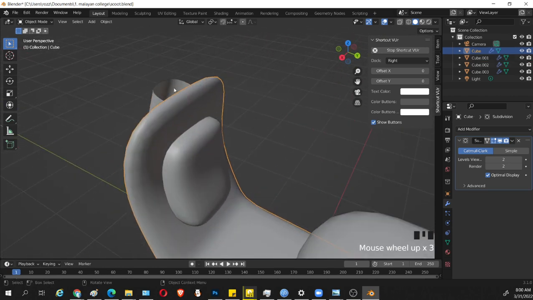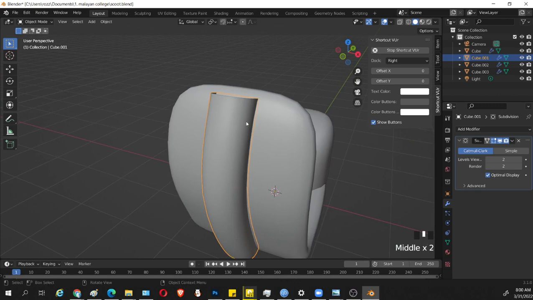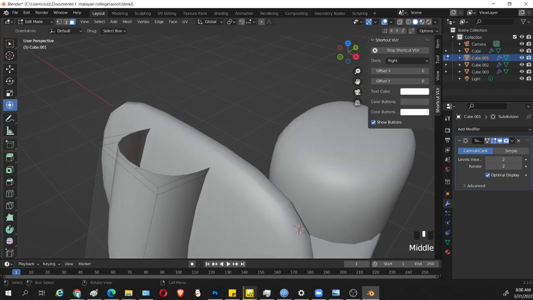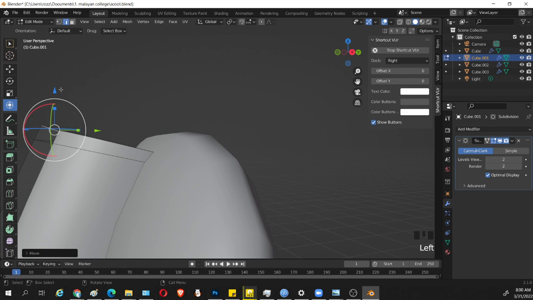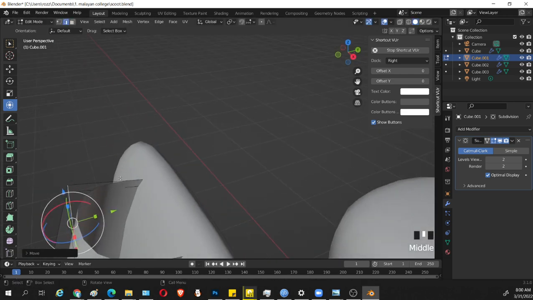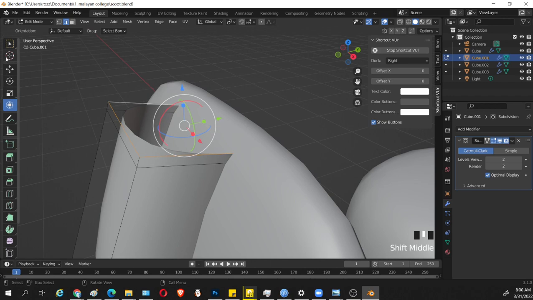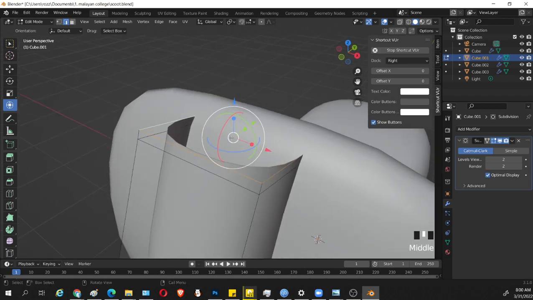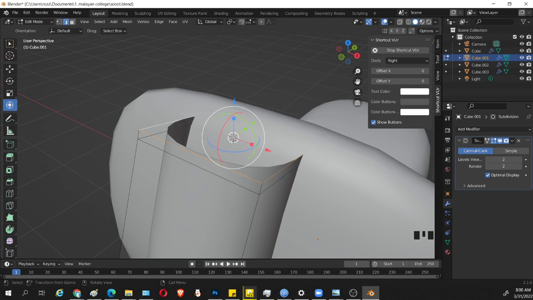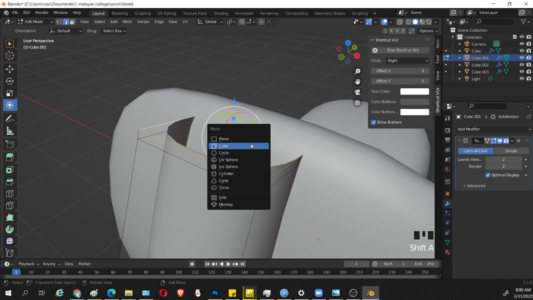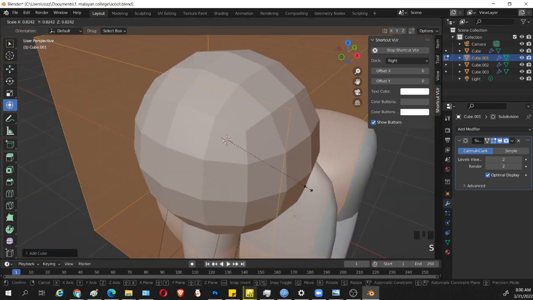Alright, then what we're going to do is we're going to add a headlight. So in order for us to select and put the, just adjust this. Okay, let's select, so alt click. We're going to put the cursor in the middle of this particular selection, so Shift S. Okay, then cursor to selected. Okay, so this is our cursor, so that when we add a cube, it goes there. Okay,